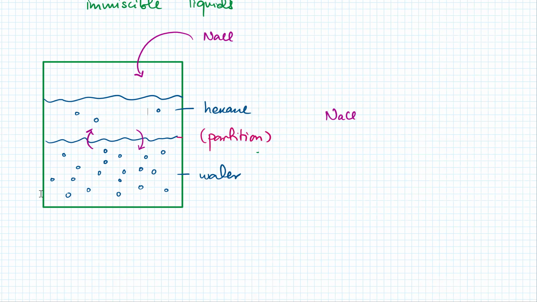Like if two particles cross into the hexane layer in 1 second, and at the same time two particles of NaCl cross from the hexane into the water layer, then when something is at equilibrium, the concentration of the particles does not change. Is that clear? So I can write this as a reversible reaction where I've got NaCl in water